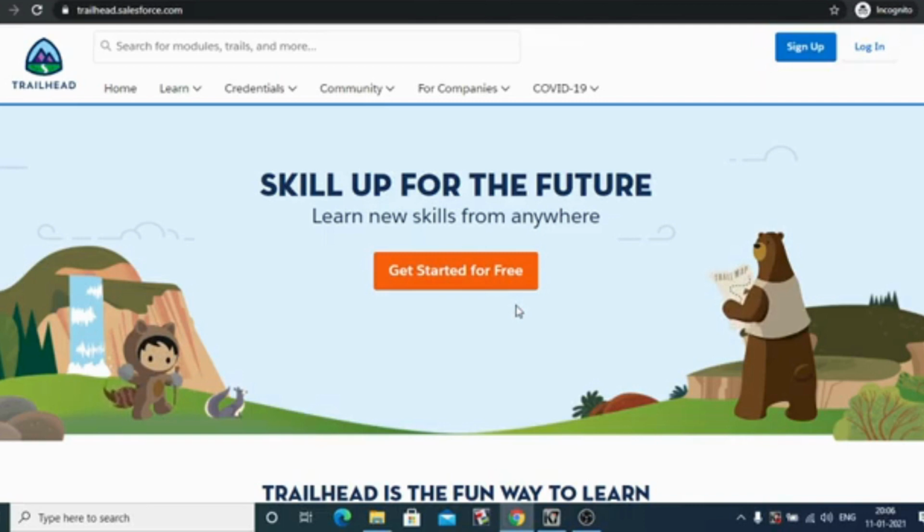You can create a Trailhead account by clicking Get Started for Free. By this you're signing up for a Trailhead account. Signing up for a Trailhead account is purely free. It's not any paid version, since Trailhead is open source, as I mentioned in my previous streaming video. So here you first have to click on Get Started for Free, or you can even click